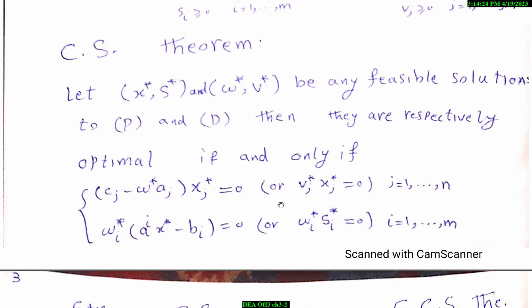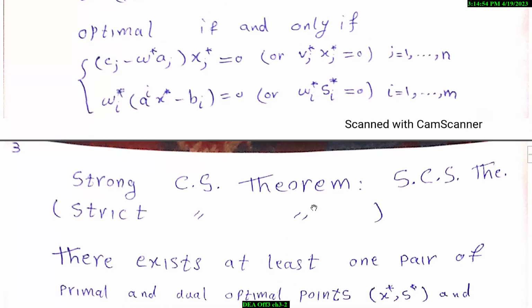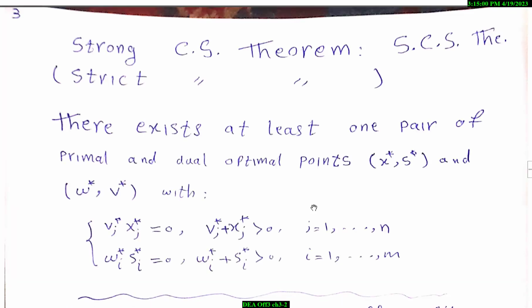So this is named complementary slackness. Note that in the complementary slackness theorem, these conditions are satisfied for all pairs of optimal solutions. And conversely, if two feasible solutions satisfy the complementary slackness conditions, they will be optimal for their corresponding models. And of course, we have another theorem named the strong complementary slackness theorem, or strict complementary slackness theorem,